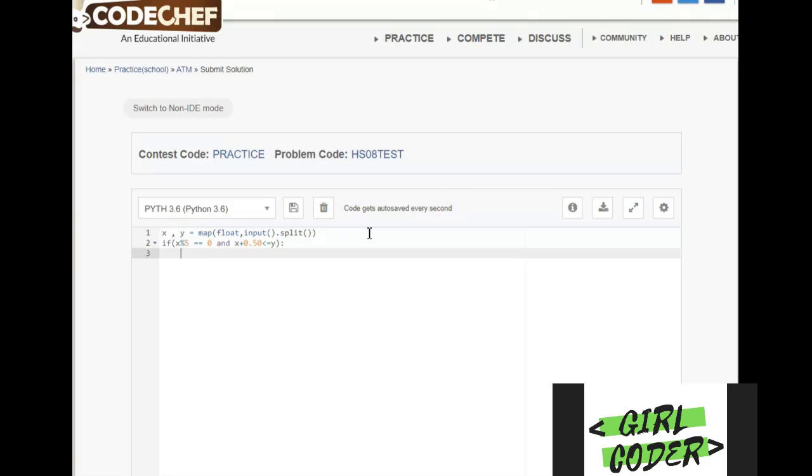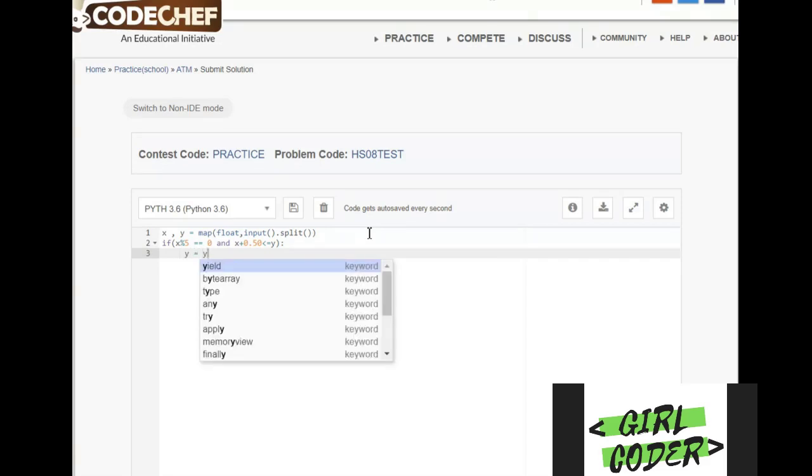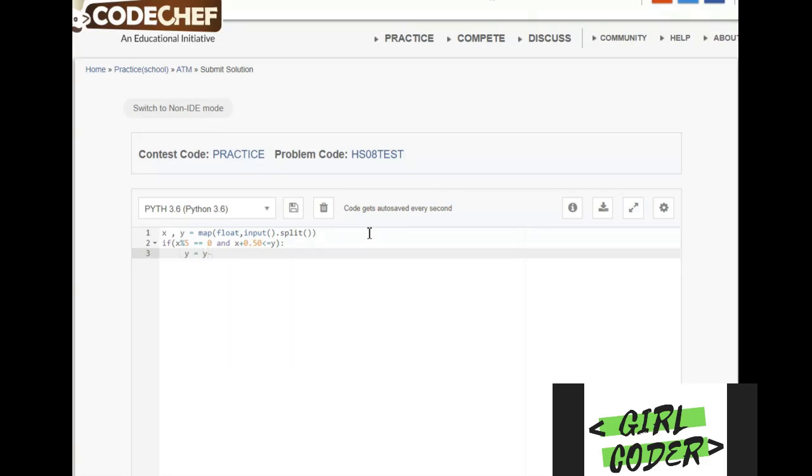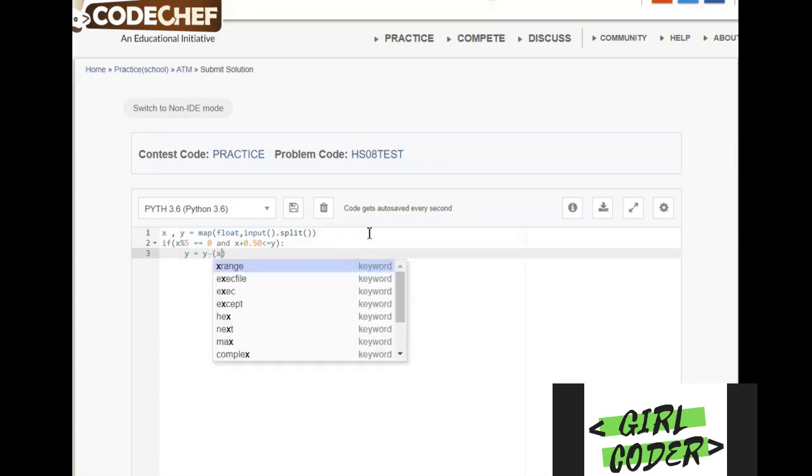If this condition is satisfied, then we will do Y equals Y minus (X plus 0.5).